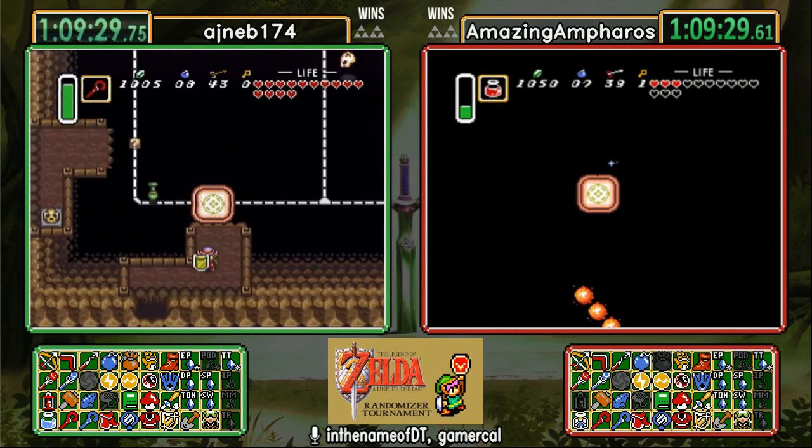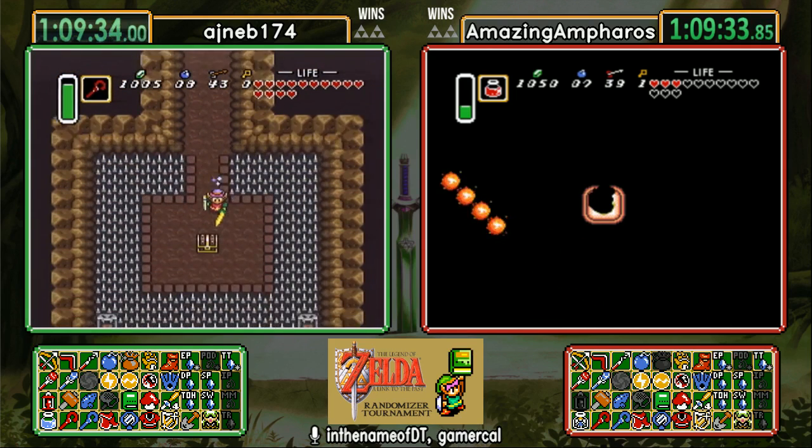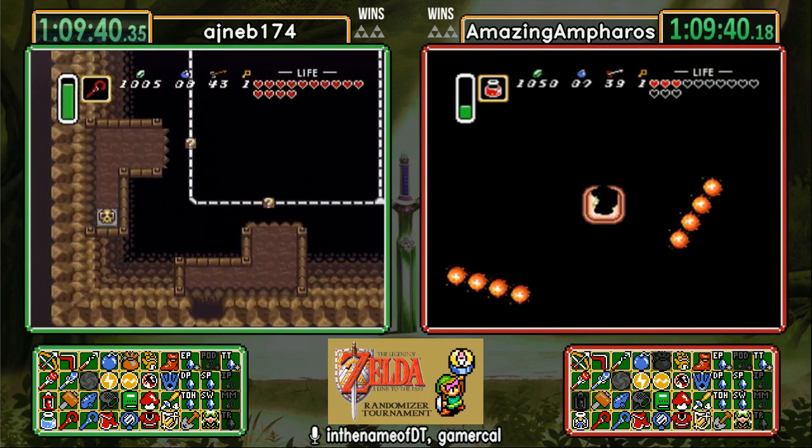I think he's going to use the red potion here at least. That's fine. There we go. He's on the right path to start with here. Every time he started this before, he went left to begin with. So you can see the switch has been hit. And now it is basically just...